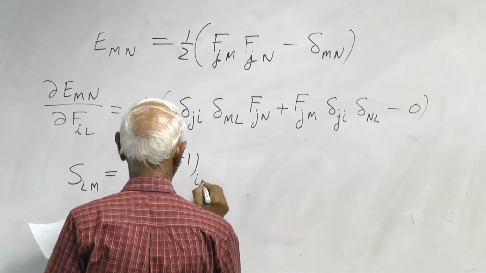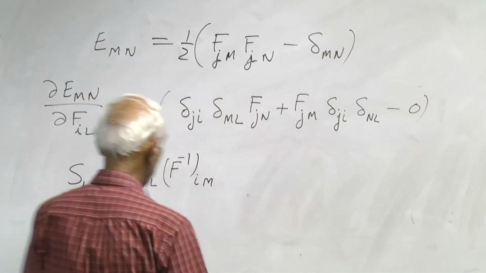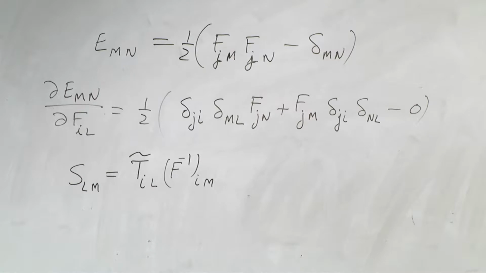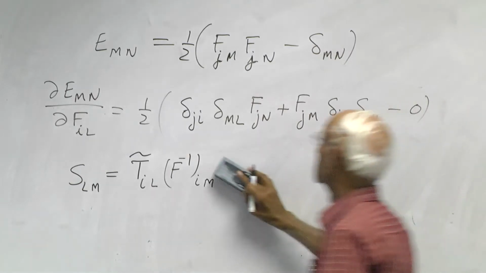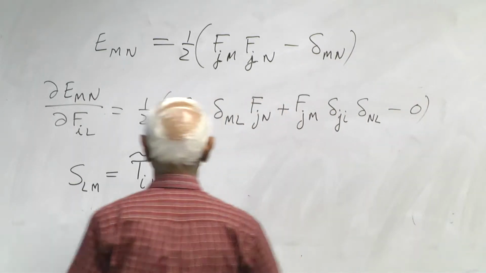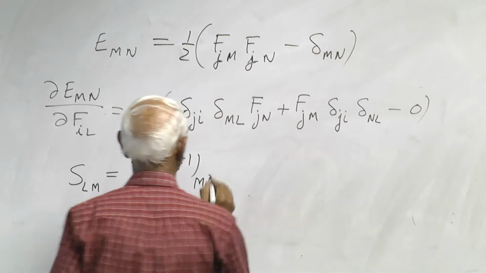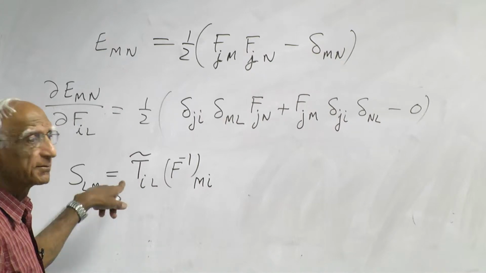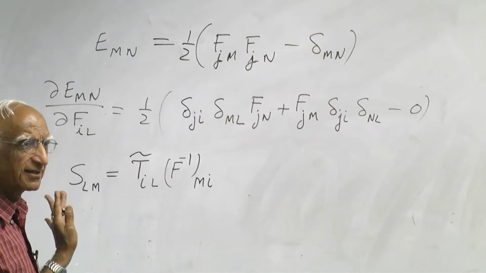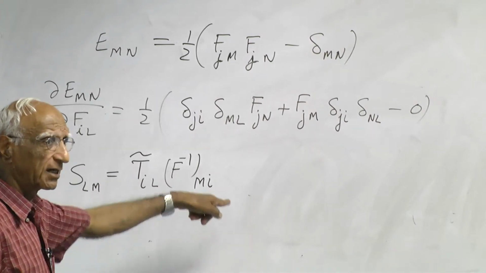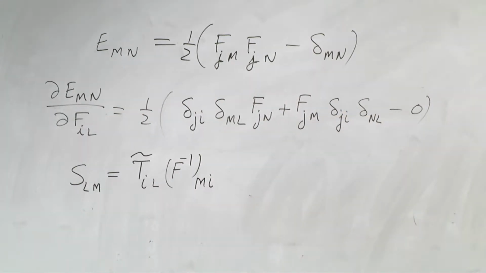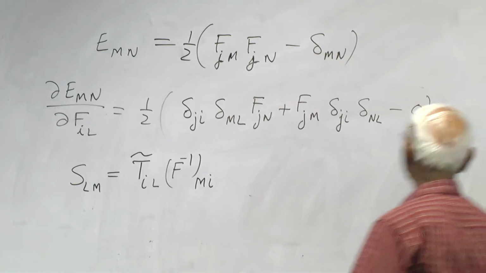Should be IM, no, MI. So it's F inverse T. Am I right? Because we wrote Fs equal to that. I think that's what we wrote. Yeah, we wrote Fs equal to that. So it's F inverse. So now